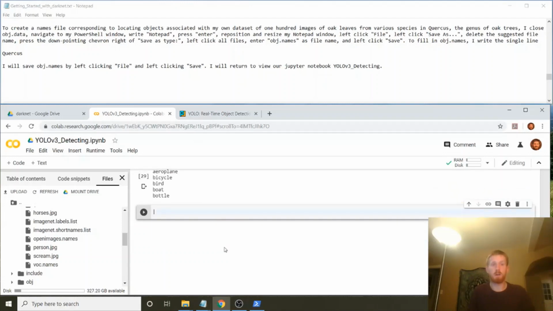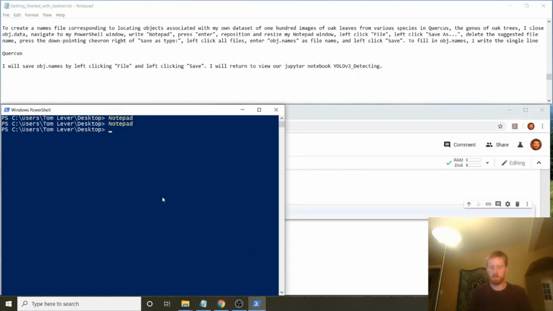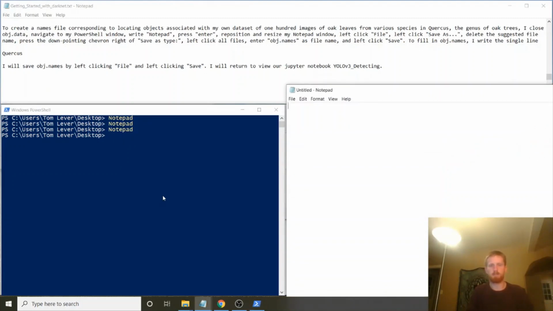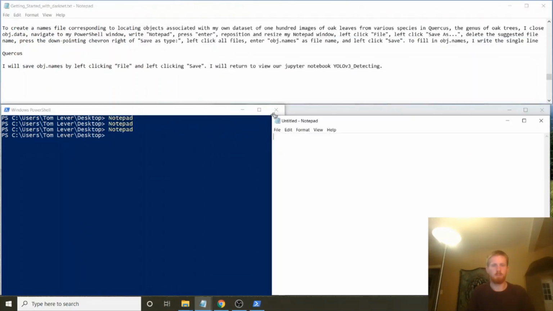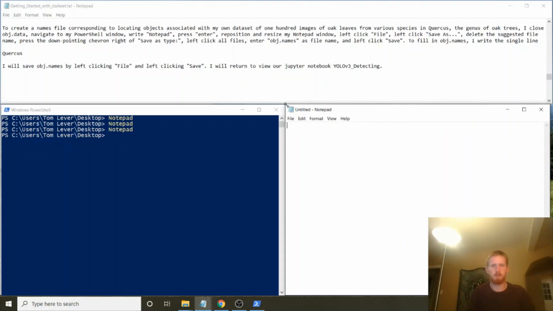To create a names file corresponding to locating objects associated with my own dataset of 100 images of oak leaves from various species in Quercus, the genus of oak trees, I first close object.data, navigate to my PowerShell window, write Notepad, press Enter, reposition and resize my Notepad window,